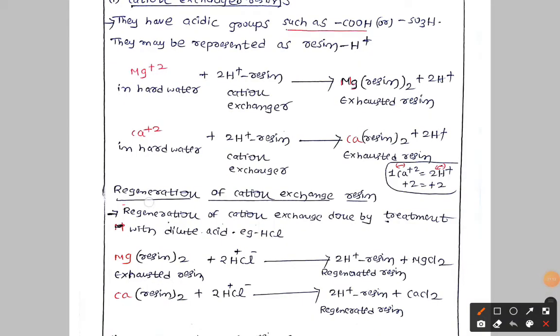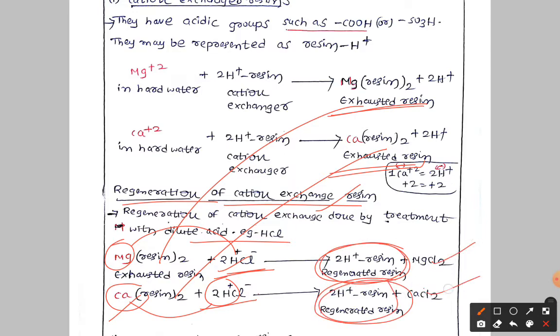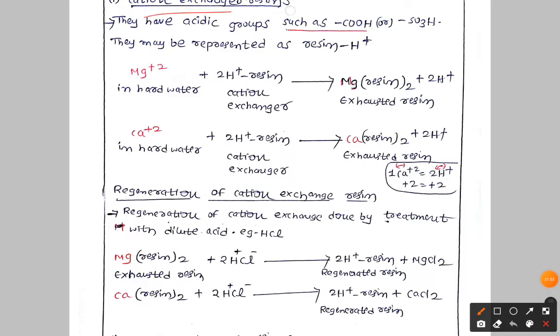So again, regeneration of cation exchange resin. Our resin is going to be exhausted again, so we have to go for regeneration. This is called exhausted resin, meaning instead of H+ you have the calcium and magnesium ions. Now these resins react with HCl. You add dilute HCl, and the magnesium and calcium are replaced with H+. So simply, your resin came back. Here is the regenerated resin, and the salt you remove as a precipitate. These are the reactions in the cation exchange bed.